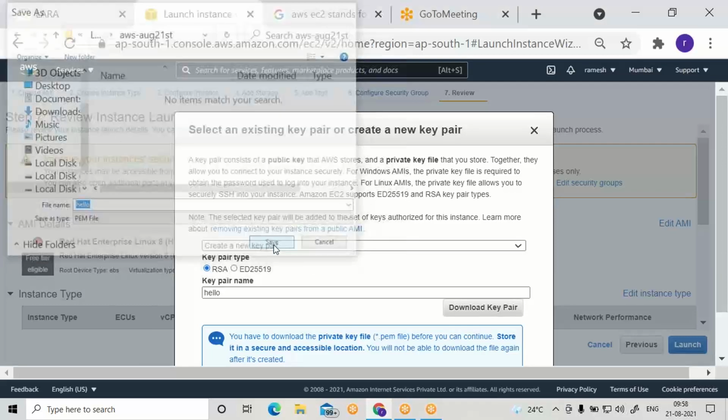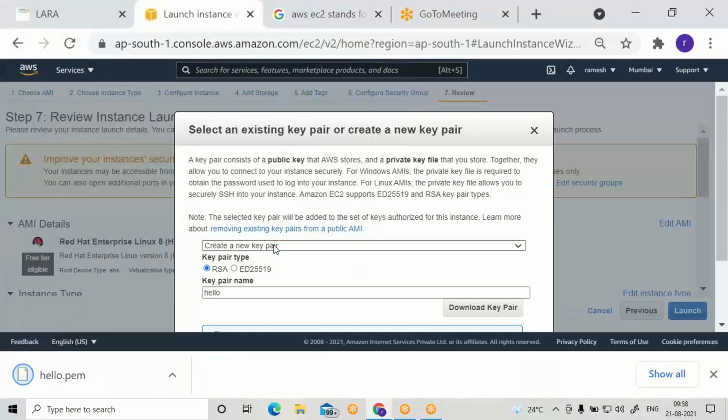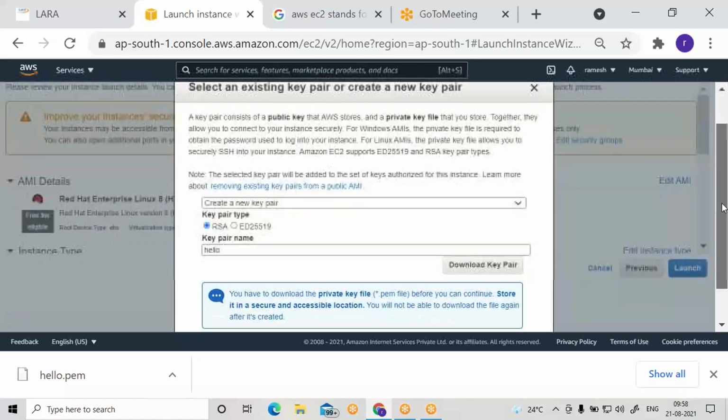This file is very much required to connect to your EC2. Whatever system you are creating in the cloud, to connect to that system, this file is very much required. Without this file, you cannot connect to the EC2 instance. For security purposes, it is giving one file. You have to select this file in order to connect to your EC2 instance. So download it and save it in a particular location.